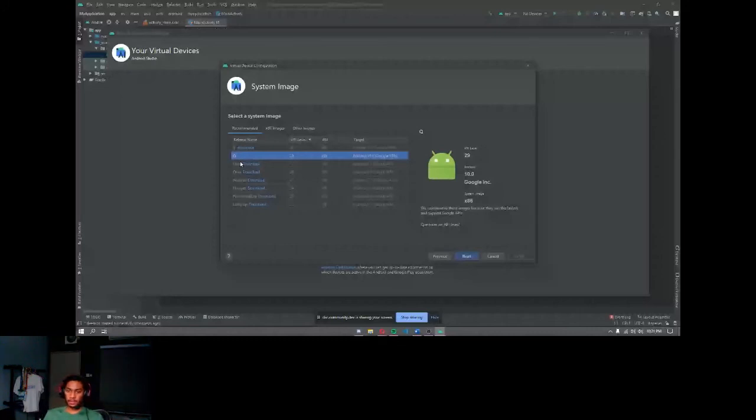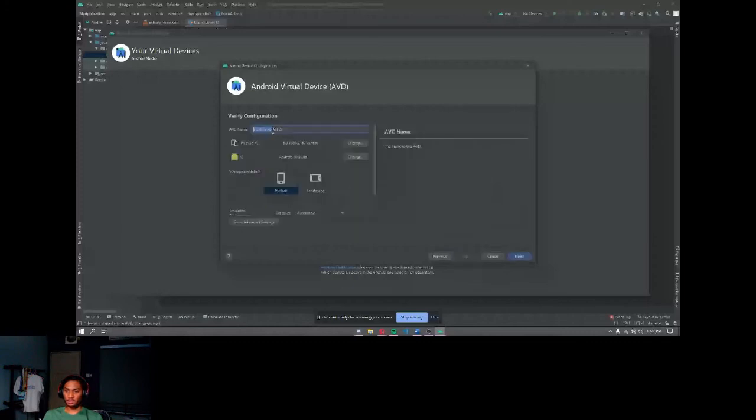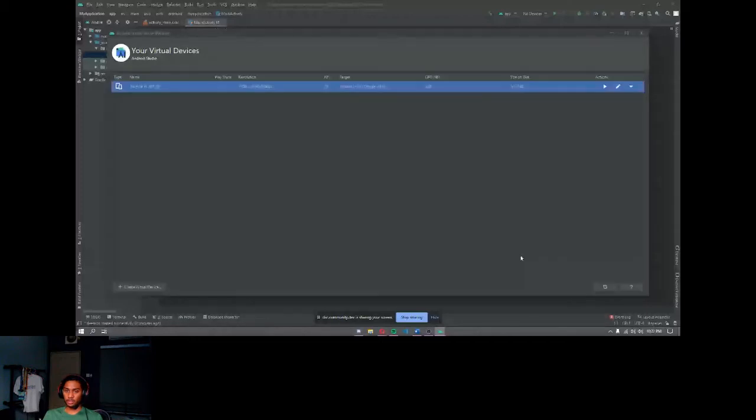Okay, for the AVD name, basically the name of our virtual device, I'm just going to go with the default one because the default one already explains what the device is, what the model, and what the Android version. Basically nothing else, just click finish. So here we are. We have already created our very first virtual device. Here we can run our mobile device. Just click launch. It will take some time to run.